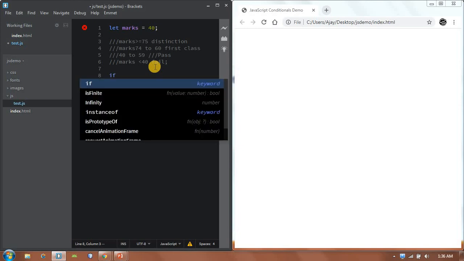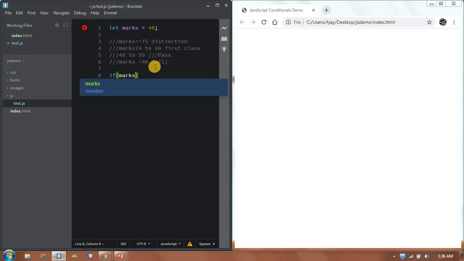Let's see. So if marks are greater than or equal to 75, then I can say alert, you have the first class. Then there might be the condition, if they are not greater than 75, they might be 74 to 60.